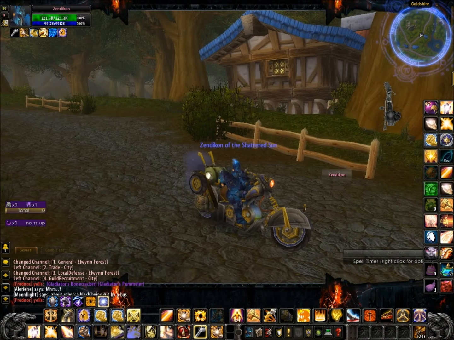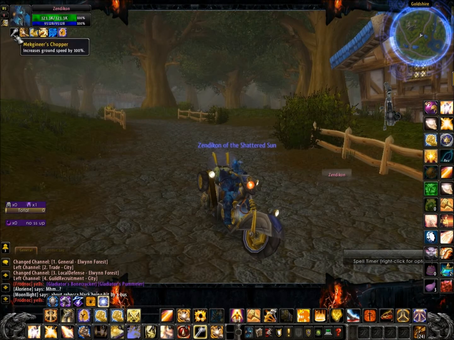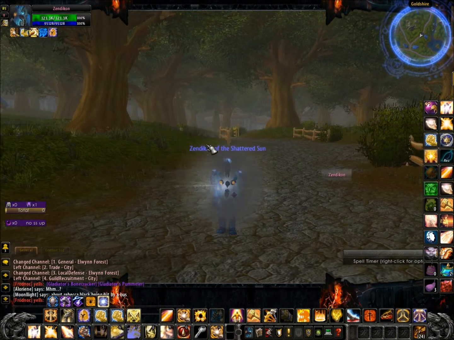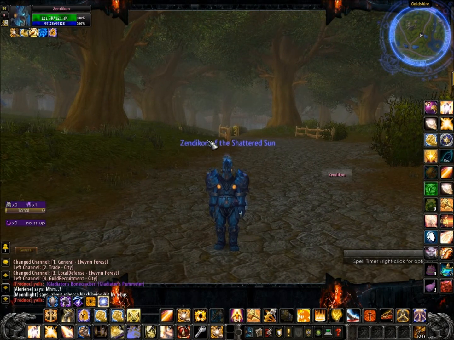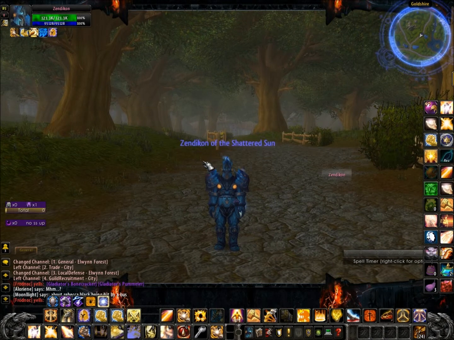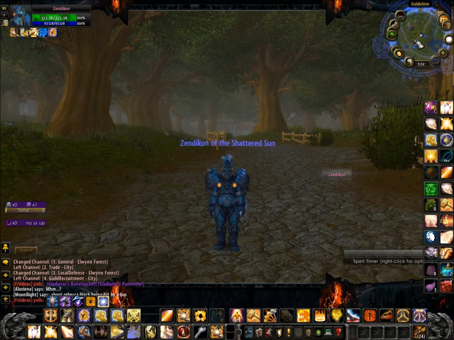Alliance, of course. He is holy. So I'm going to try to build more of a healing type of UI here. As you can see, we have no bags, no arrows, no nothing. So the first thing we're going to do